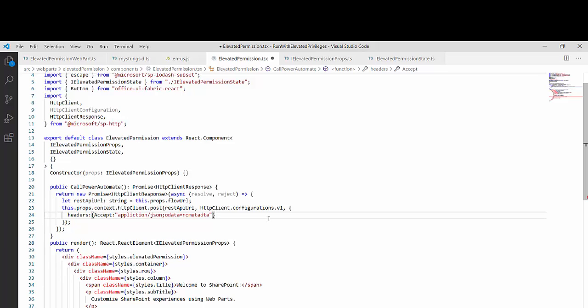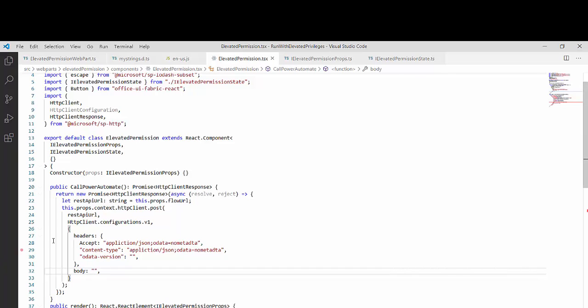After accept I have content type, the value will be the same, so I will copy paste. The last one is OData version, that will be blank, and last I have to pass the body. To my flow I will pass the value which I want to create in my SharePoint list. Right now I put it as blank, so we will create the body in a moment.